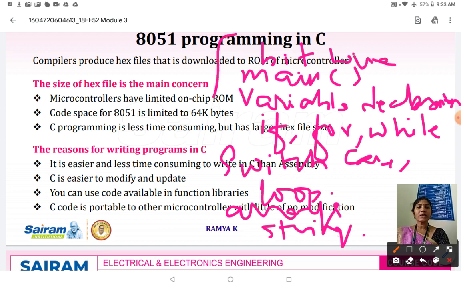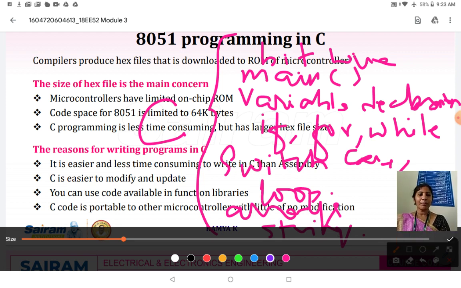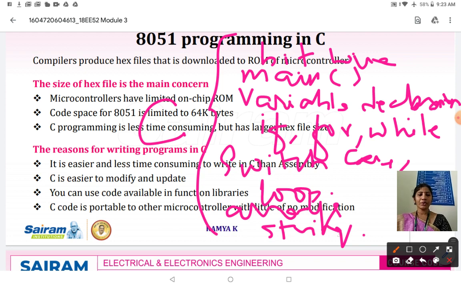So all these functions we will be using in C are common in the case of an embedded processor also. So in embedded C, whatever syntax we are using is the same as that of C. This is the basics of the embedded processor.